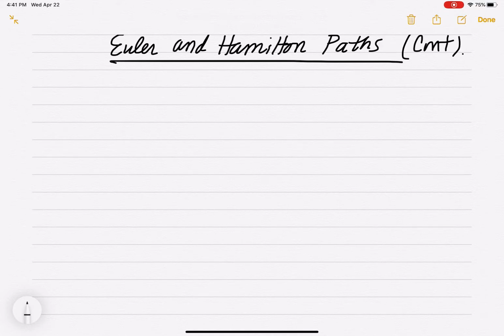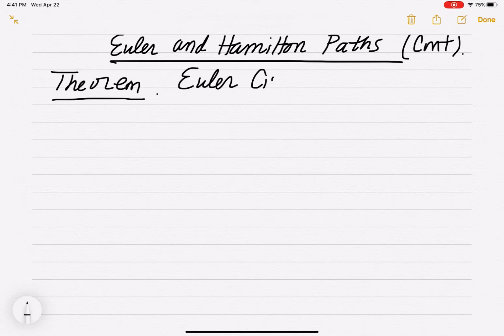So here's a criterion for having an Euler path. Let's do an Euler circuit first. I'll call this the Euler Circuit criterion. So when do you have an Euler circuit? That means when are you able to visit every edge exactly one time without double crossing edges and start and end in the same place? Now this is when